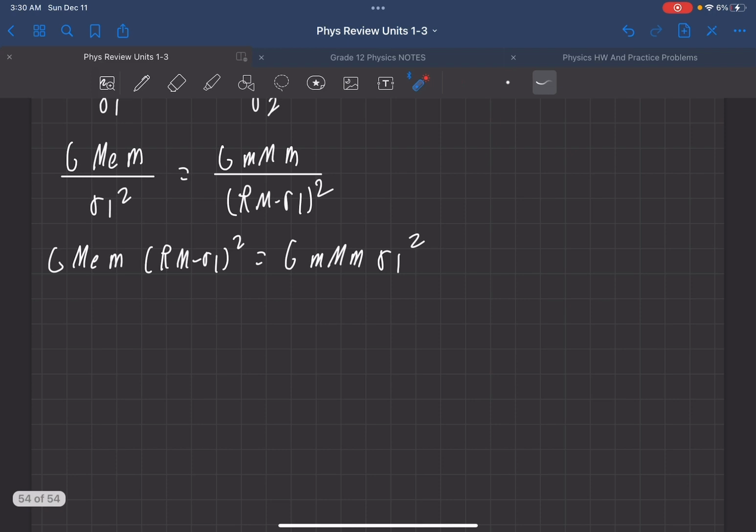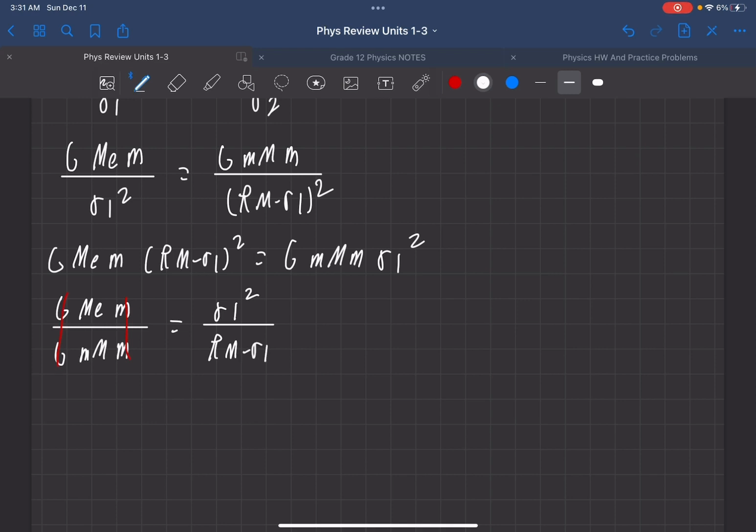Let's divide both sides by G and the object's mass. We can cancel out these G's,